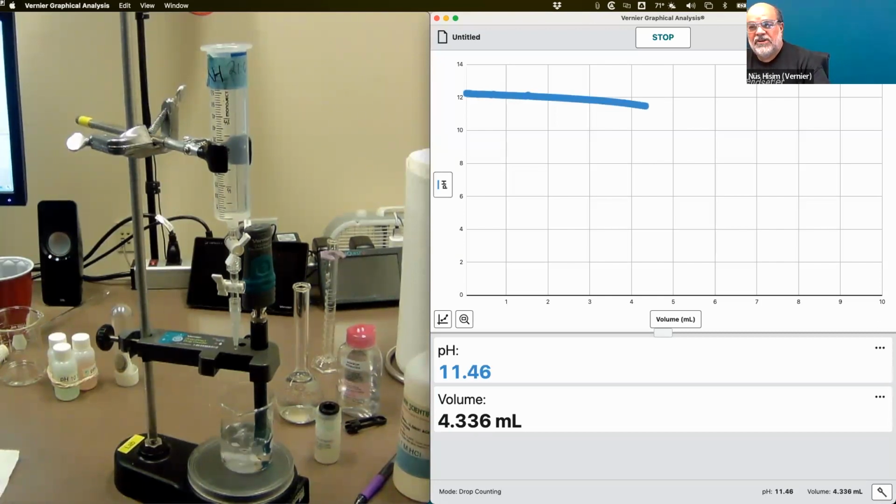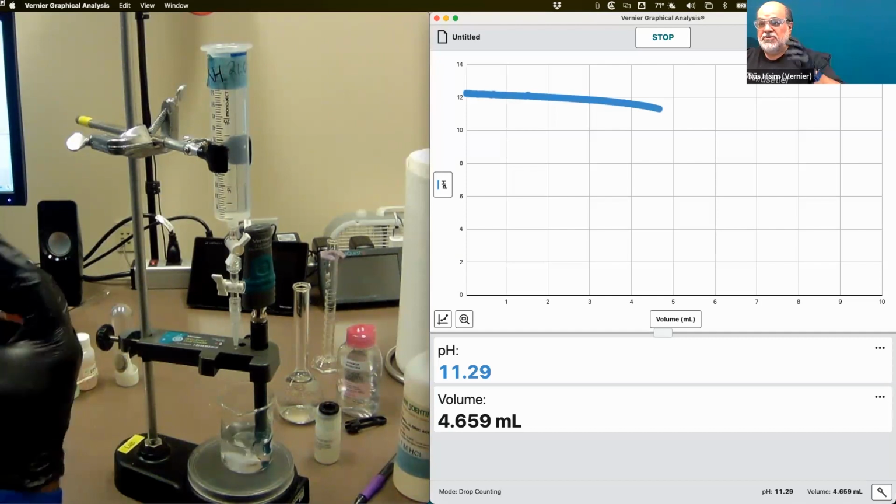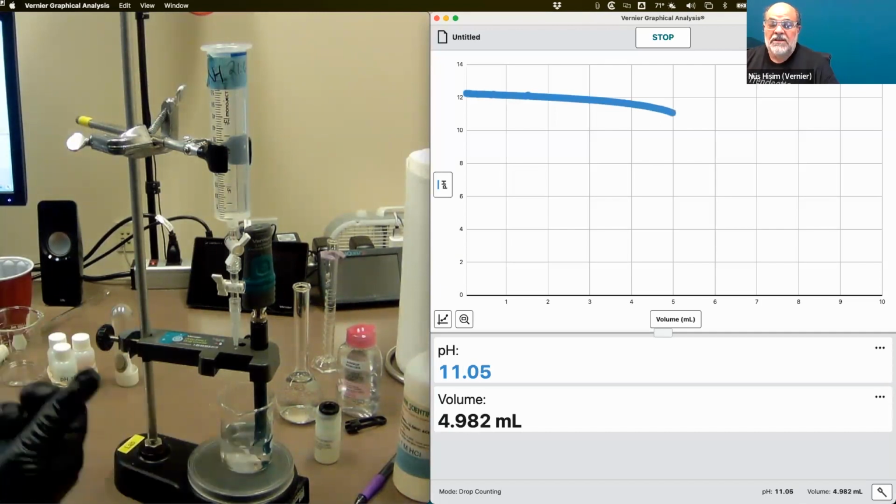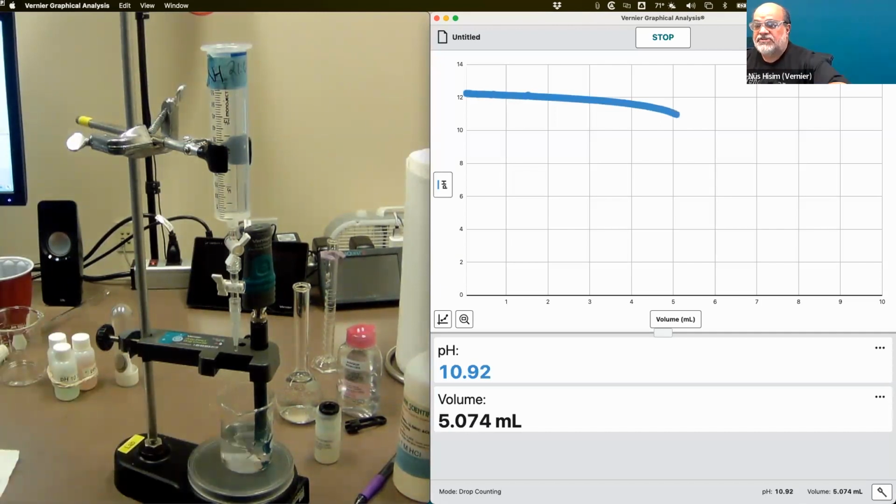So you can run this on your phone, on an iPad, or on a Chromebook, whatever. Even if it's a bring-your-own-device type classroom, it'll still work. You'll still be able to do this. So it extends the reach of your equipment a lot, and this is just one of the features